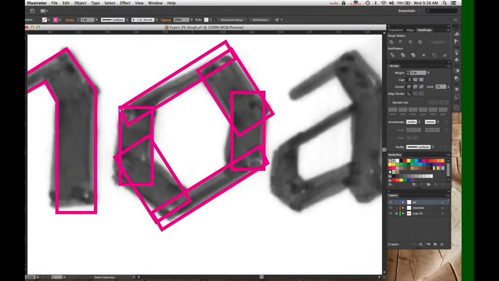What I'm going to do is go in here and touch up where they actually join. Actually, I'm going to leave that one be, and you'll see why in a moment.